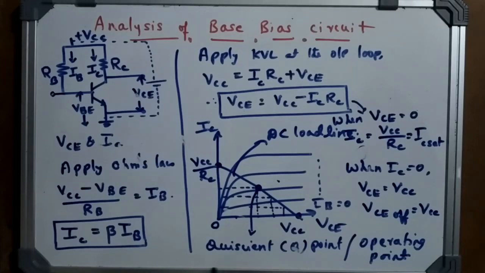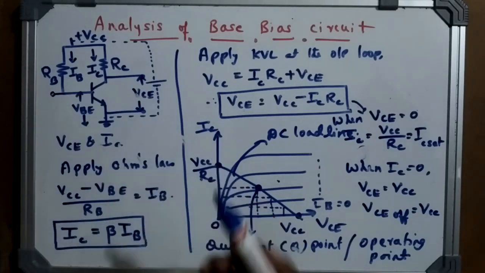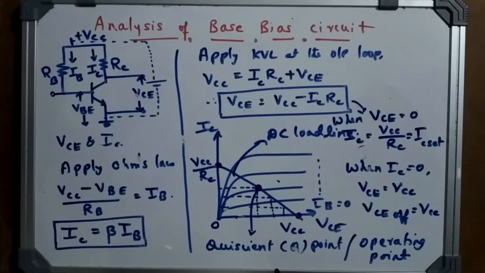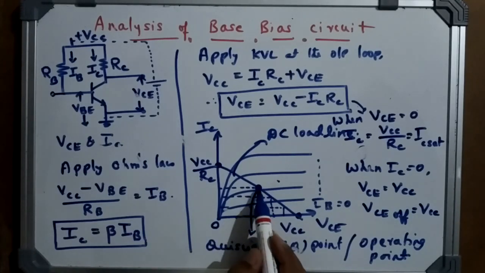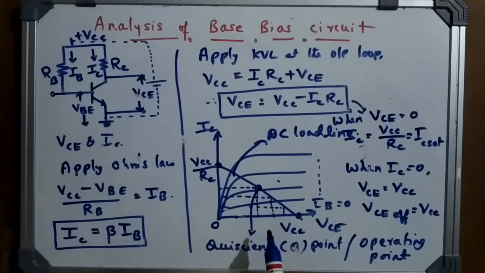So when you apply biasing to any transistor using any biasing arrangement, the Q point will be set. Now for an amplifier, normally the Q point will be in the middle of the DC load line. So this is the middle of the DC load line, or in the active region, the middle of the active region. So this is the purpose of using the bias.